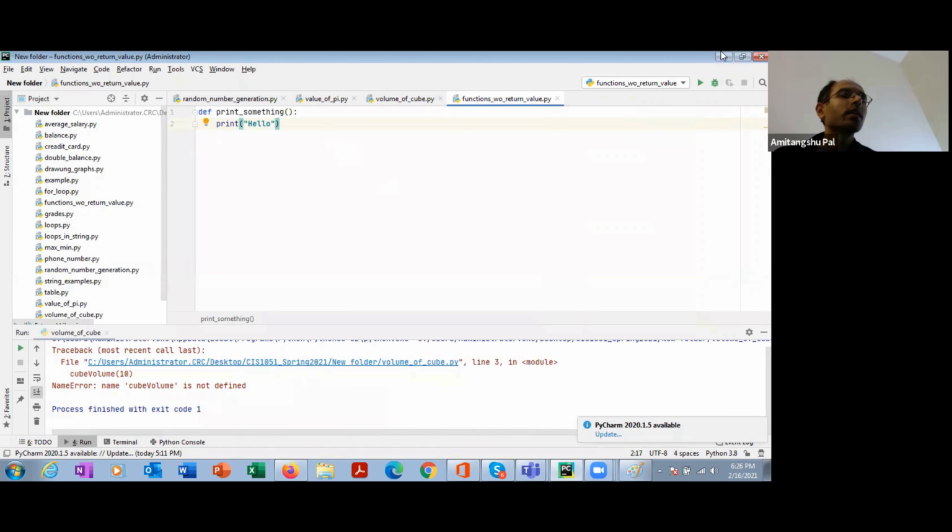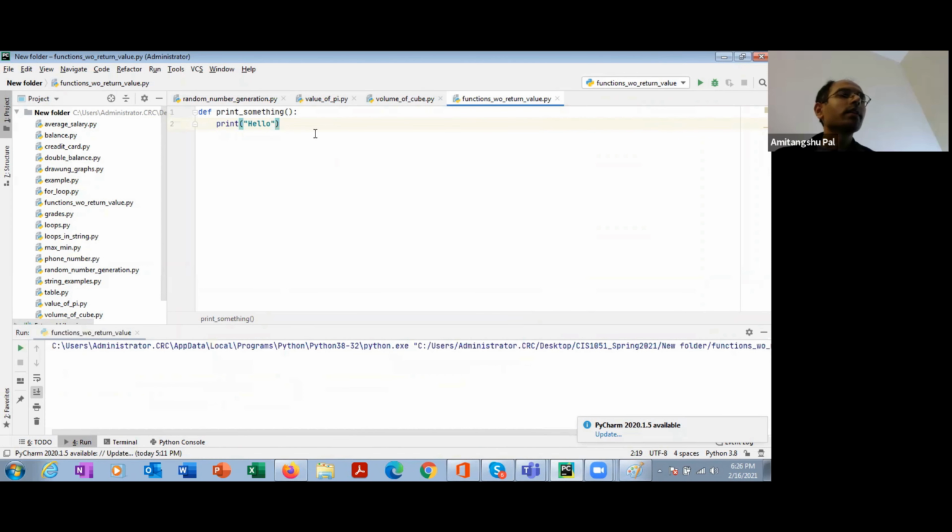If I run it, it is not going to print anything because I didn't call that function. Once called, print something is going to print hello. So this function is not taking any arguments or parameters, and it is not returning anything. Okay. All right.